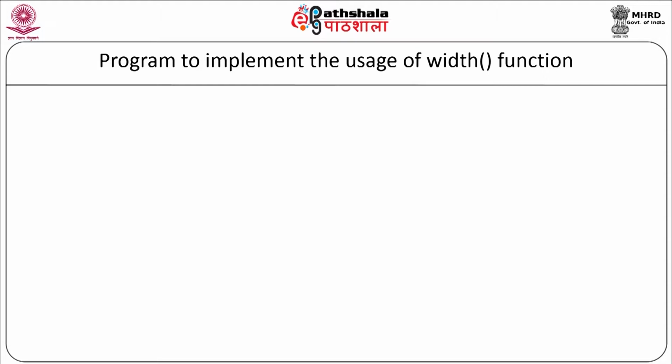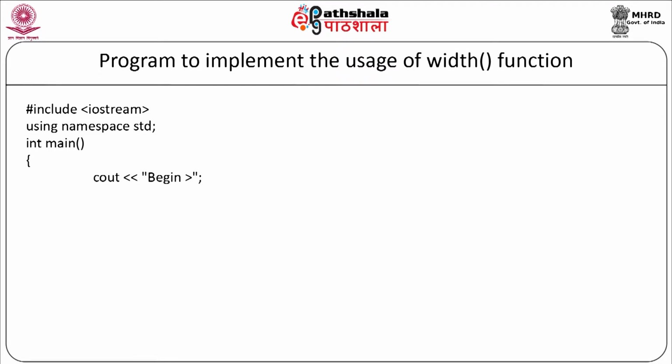We'll start with a program: #include <iostream>, using namespace std, int main. cout << "begin", the text is displayed on the screen. Now we will set the width as 25, cout.width(25). Now we will display the number as cout << "the number is 235" and the text is displayed, endl. Now this particular value 235 will be displayed where the first 22 will be blank spaces and then the value will